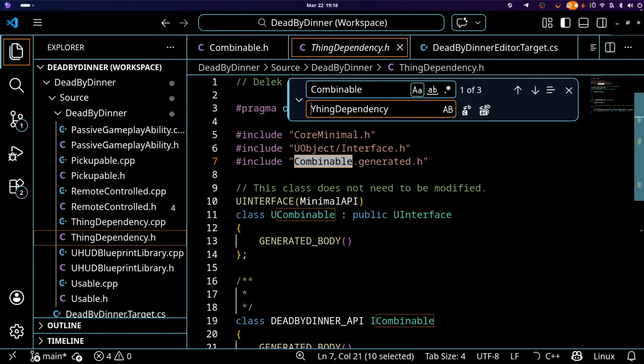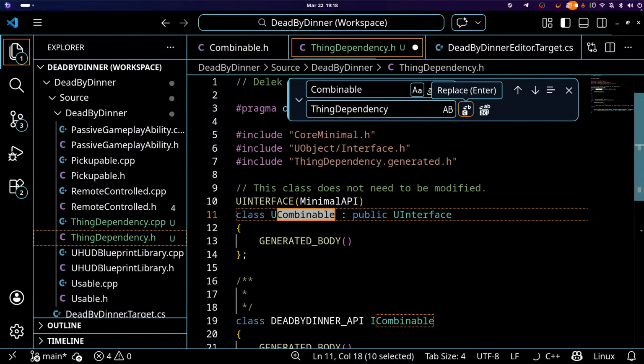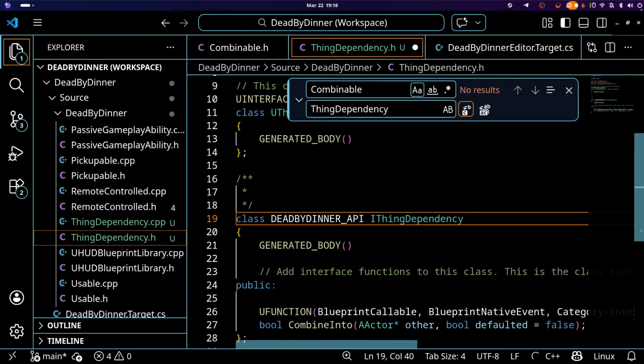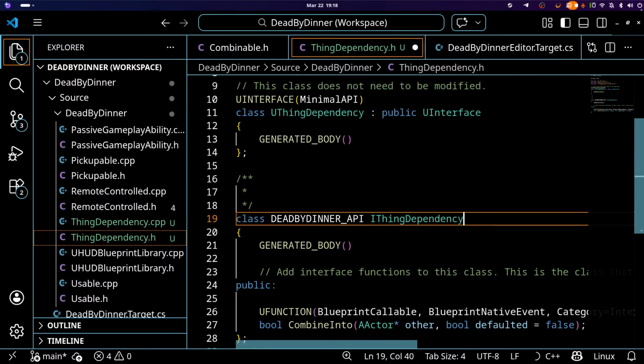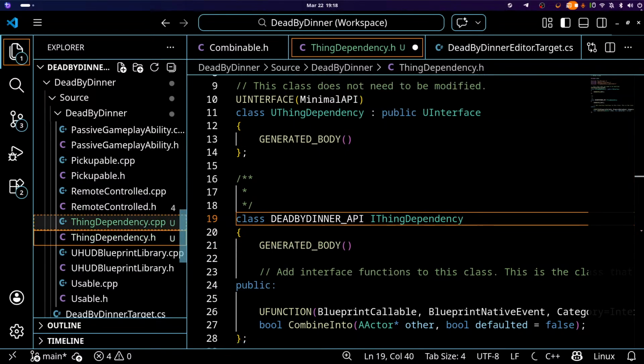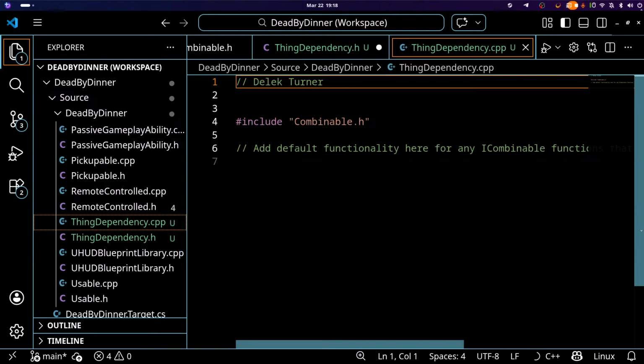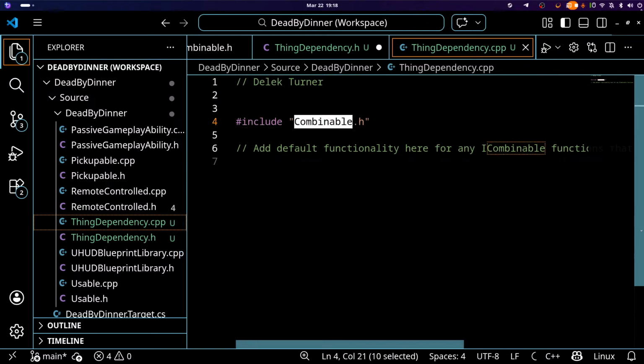Why can't this thing? You know what I mean? All I needed to do is thing dependency and replace. And then this is also